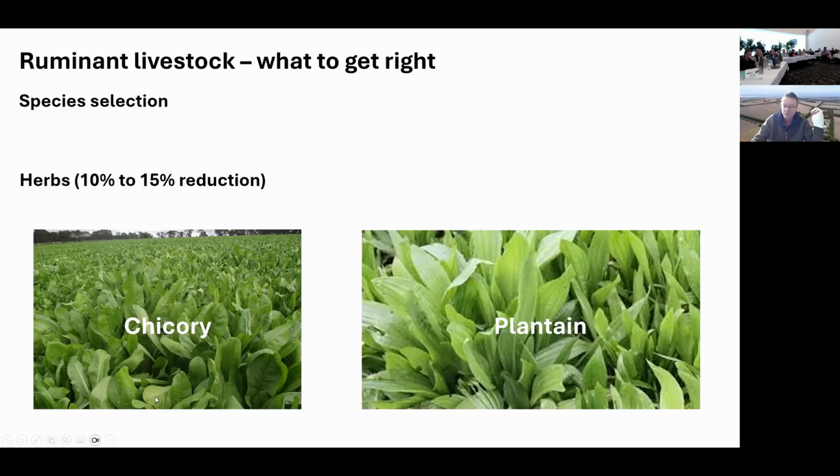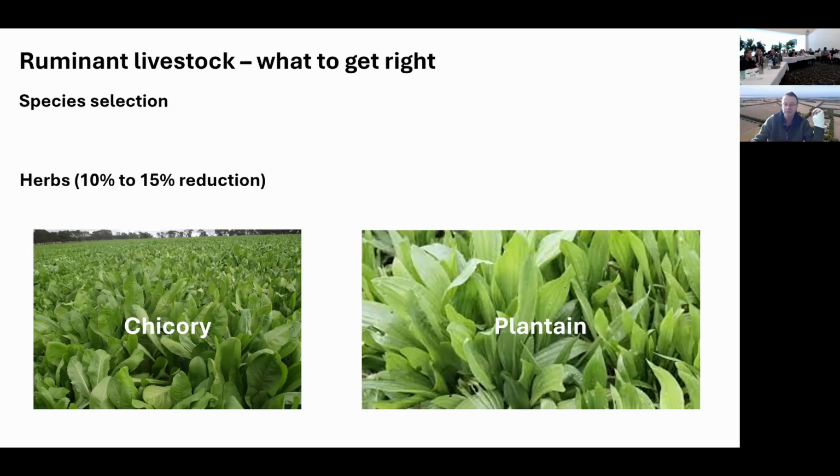And these aren't too far off the mark. In fact, chicory and plantain is out there now. The measurements are being done now. People are using them now. They just can't be recognised at the moment in the calculators. So you could say, I'm going to put 20% of my farm down to chicory and plantain because that'll reduce my emissions. You won't get recognised in the official calculators for that at the moment. But that could change relatively quickly if there's a big enough body of evidence and people move fast enough to include it.